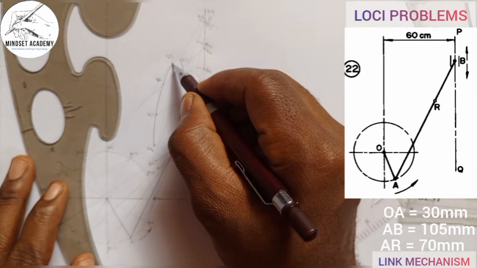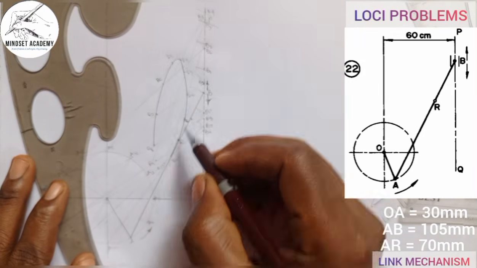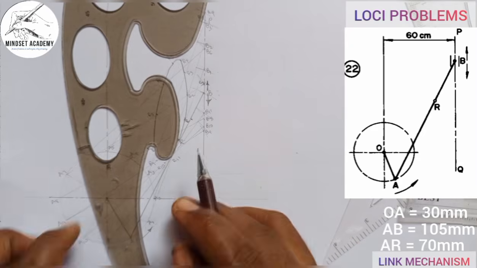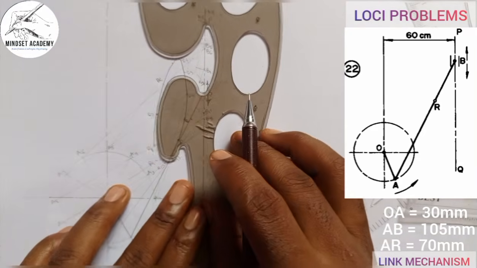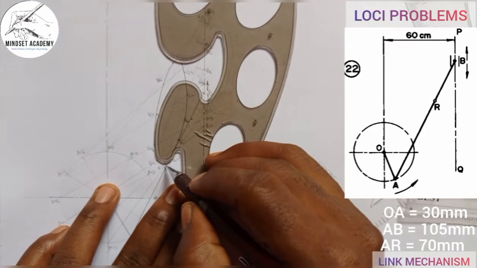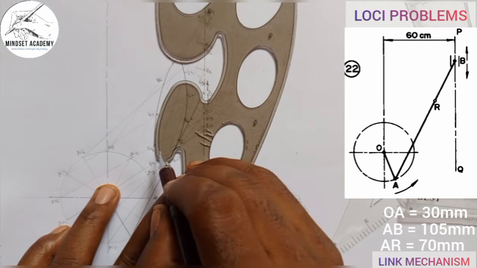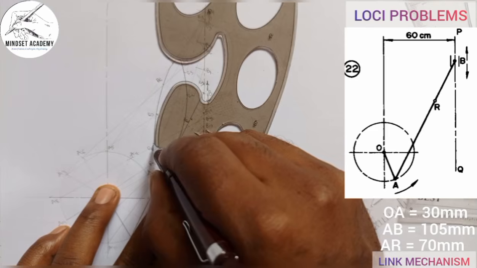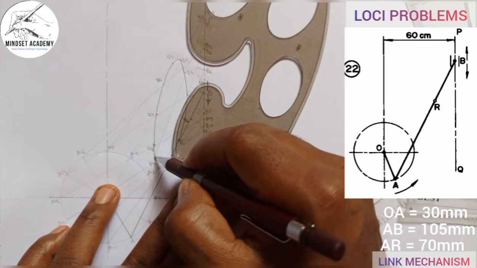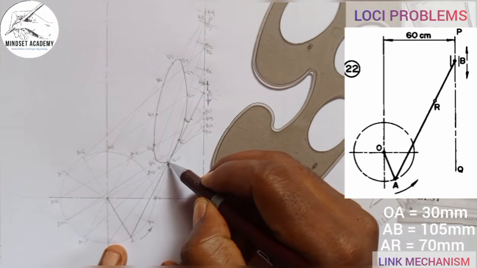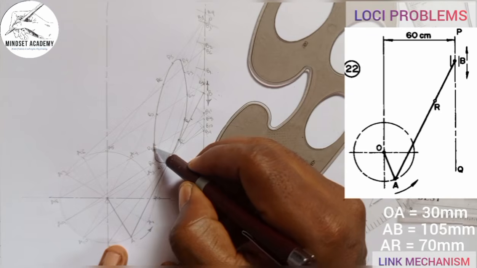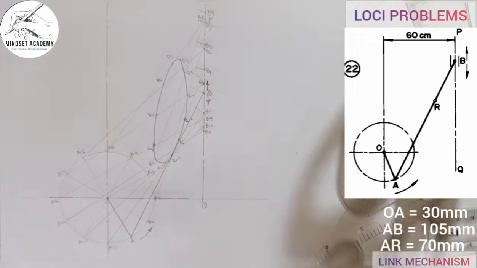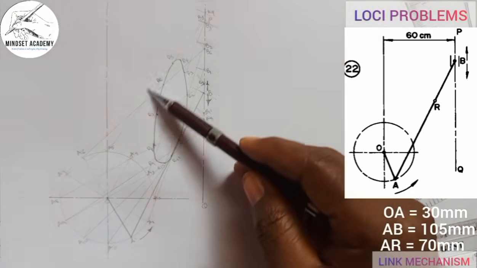Totally use hand and do this. And I can come here. This is coming here this way. Then this. Right? So this is the locus of